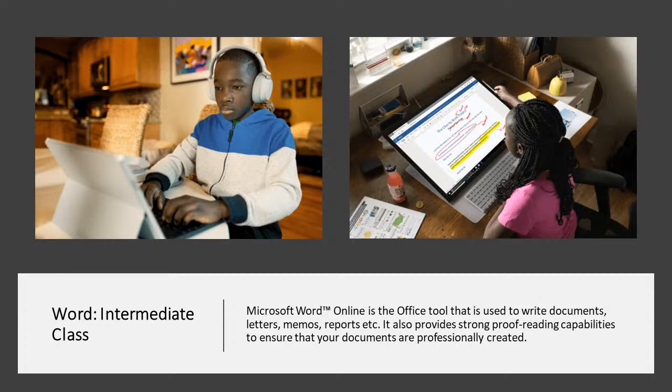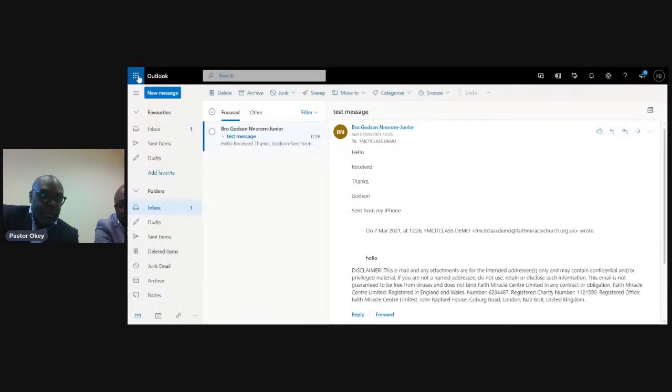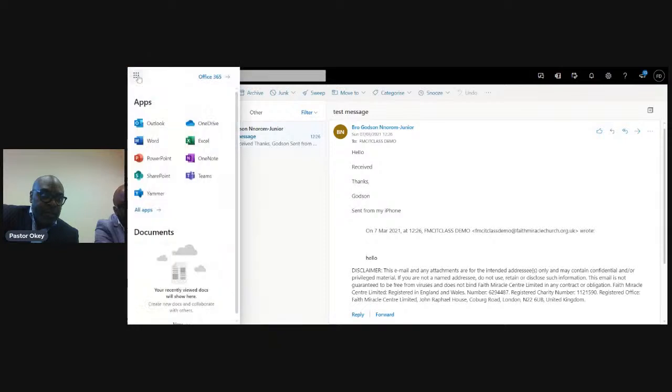Okay, so just to show you that as well, if you go back to our demo. If you click on the icon in the corner, the App Launcher, if I click on that,